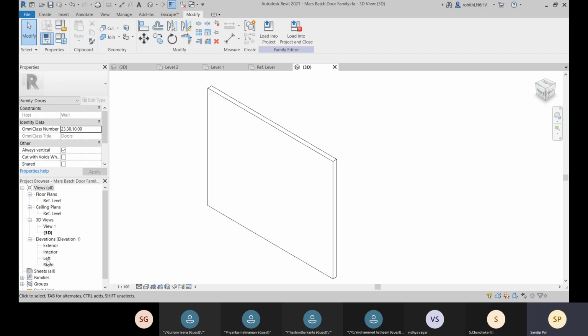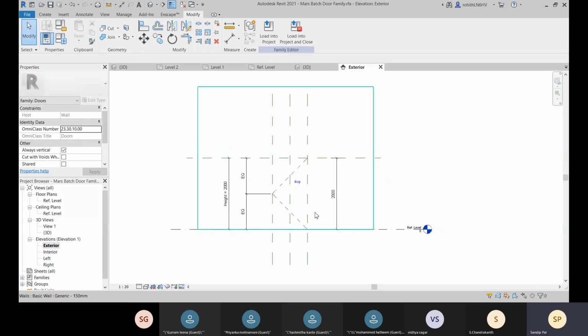So I'll come to this elevation, exterior or interior. Let's place it from the exterior. Here you can see that in this exterior we have some reference planes created.